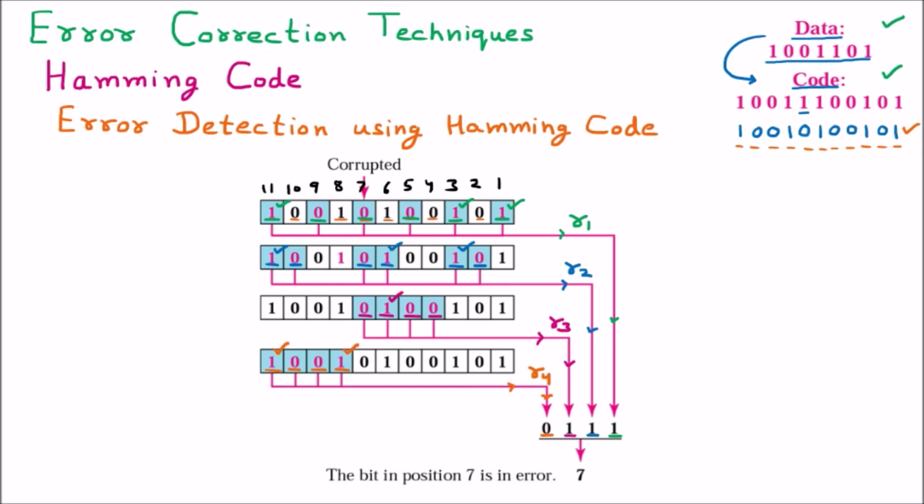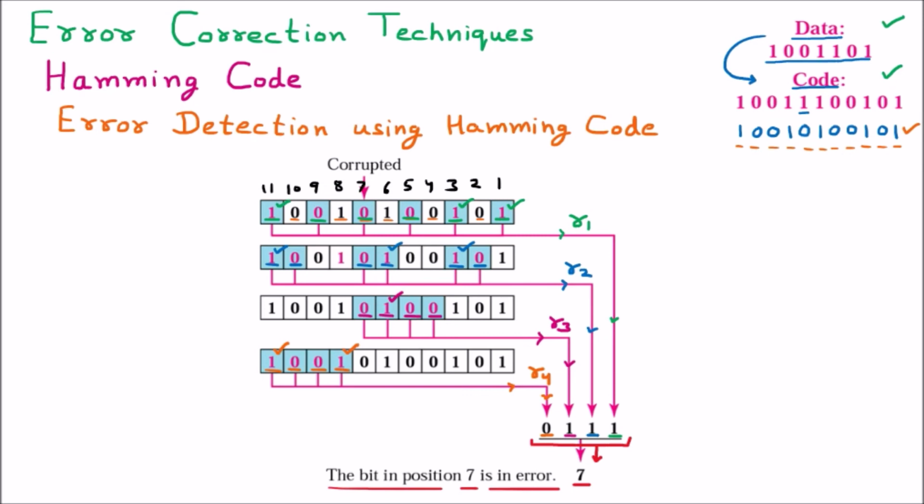So now after these redundancy bits R1, R2, R3 and R4, we have found a code. Now this code is generated. This one is the code, which is 0111, and if we calculate the exact decimal value of this code, then we find that this is nothing but 7. So that means we have found the position of the bit where the error is. So on the 7th bit the error is there.